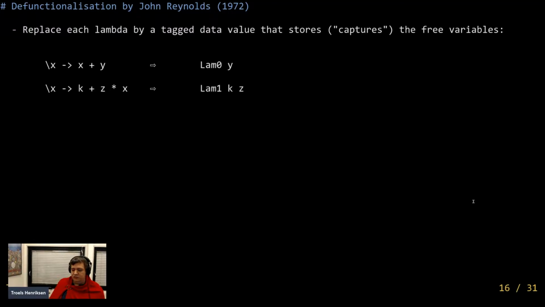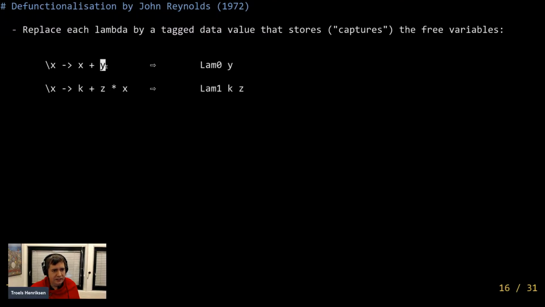And the basic idea is that you take every function term in the program, that means any lambda, this is a lambda with a parameter x, and this is a body x plus y, so an anonymous function of one parameter, and you turn that into, this is a compiler transformation, you turn that into a value that has some unique tag, 0 here, that represents the original function body, and then contains the free variables.